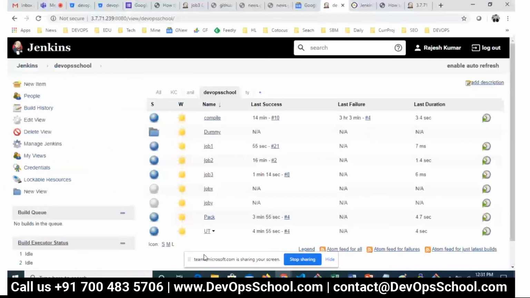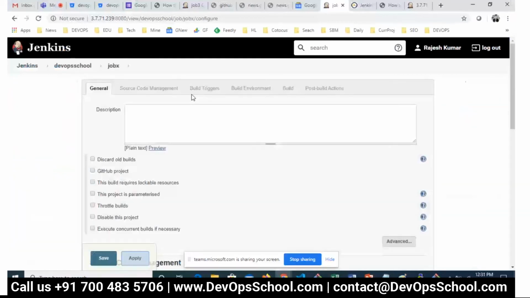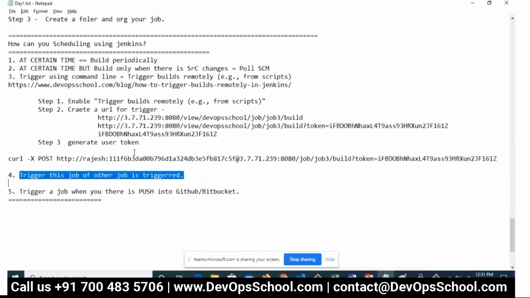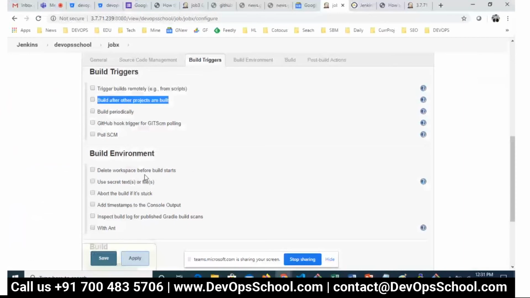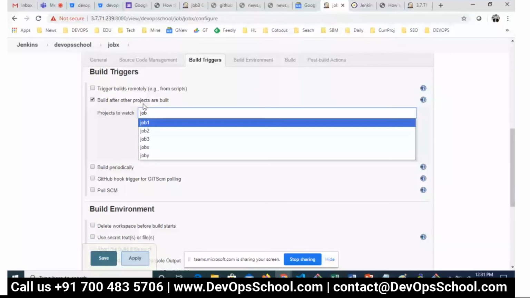You have to go to job X, edit, and trigger, and then look for the option, build after other projects are built. This is equivalent to this one. So now I will enable this one, and here I will set job Y and save it.